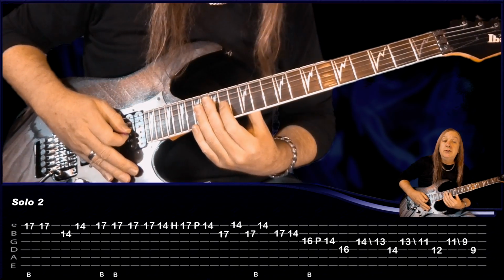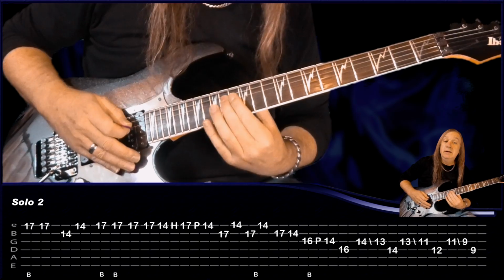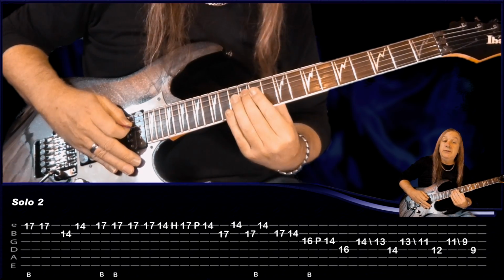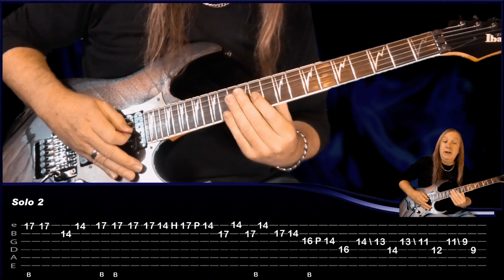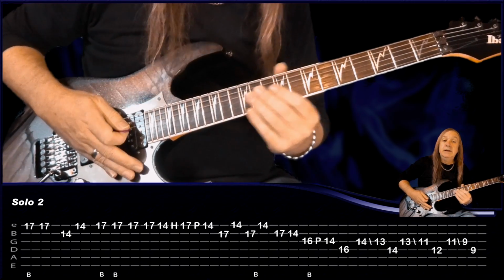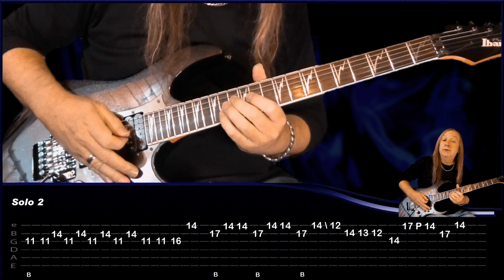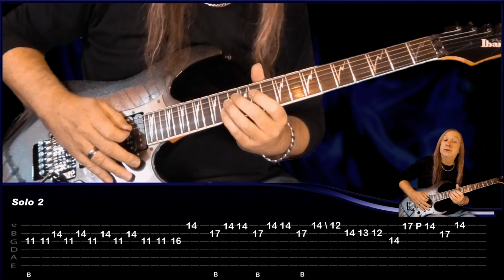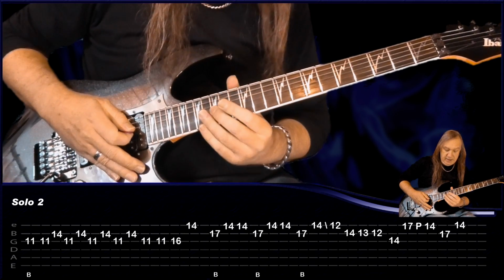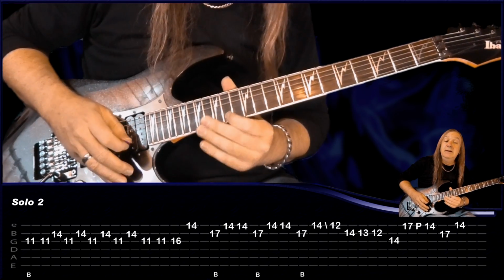Then we're staying on the G, give 14, slide back to 13, D 14, G 13 back to 11, 12 on the D, and then 11 back to 9, and 9 on the D. So then we're doing 11 2 times on the G, 14 on the B, 11, 14, 11, 14, 11 2 times, then 16 on the G, 14 on the E, come back to